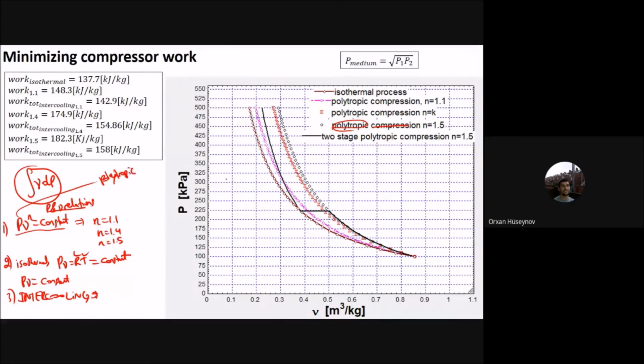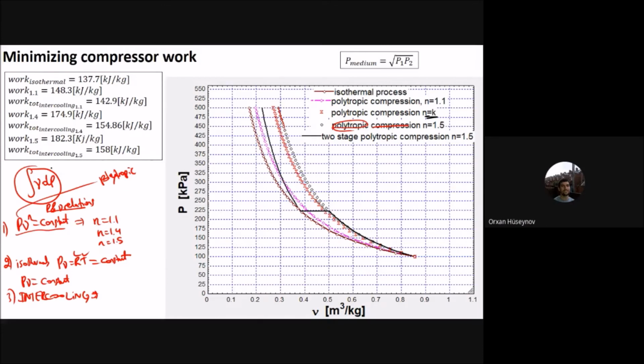Okay, this relationship is called the polytropic relationship. For the polytropic compression, n is 1.5. You can see that on the chart here. And for the polytropic compression, n is k. You can see this one. And for the polytropic compression, n is 1.1. You can see this one. Okay. What happens is that,